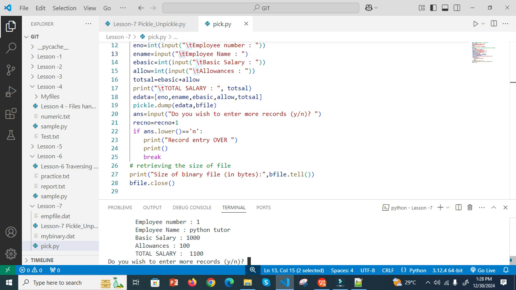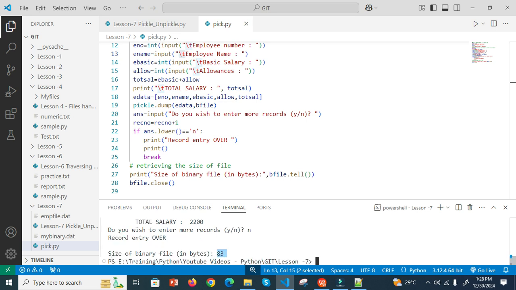Okay, now total salary, do you wish to enter? Yes, I say enter. Now employee record 2, employee number is 2, employee name is Python tutor 2, then basic salary is 2000, the allowance is 200 plus total salary. Then do you wish to enter? Now n,